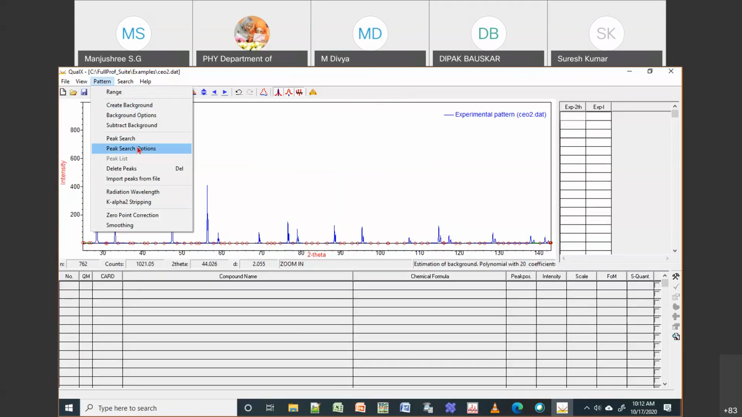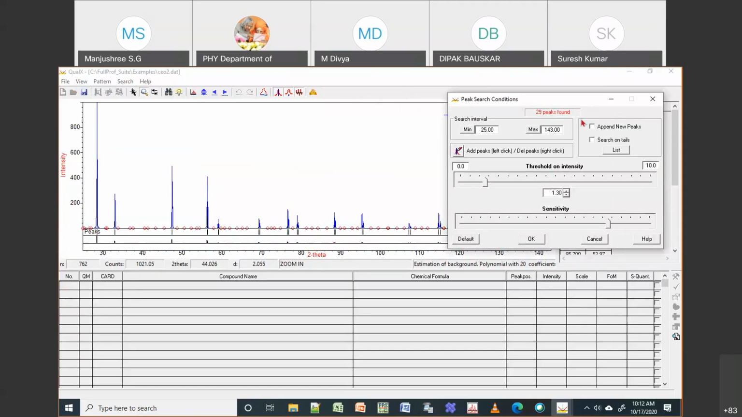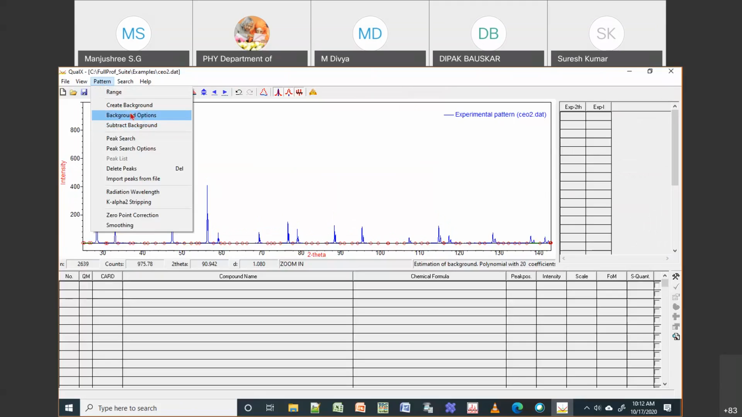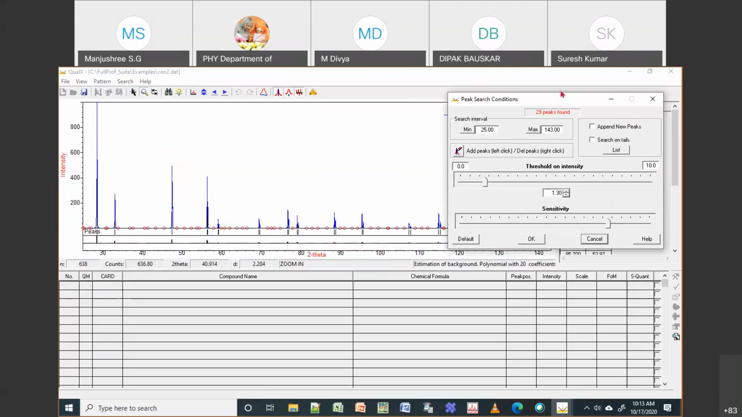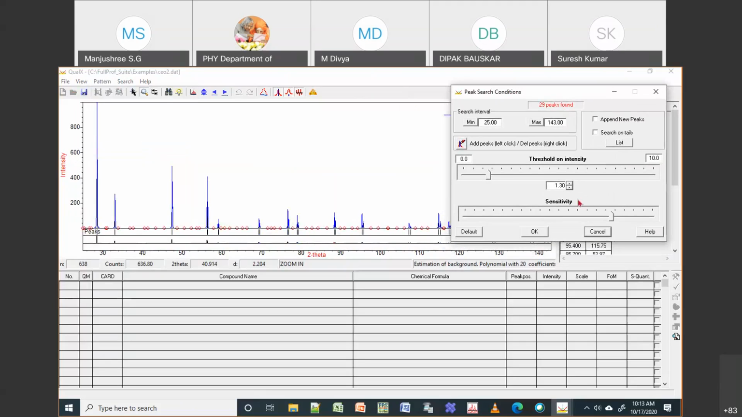Okay, so for this, what I do is I'm going to go for search peaks. So initially I went to background options. Now I'm going to go for peak search options. Okay, so now if I see this, then what happens, you can see right now it has put